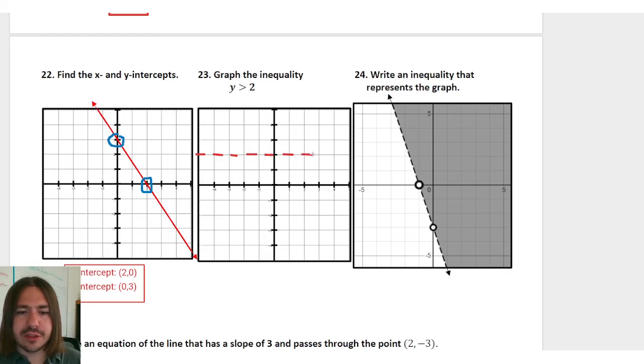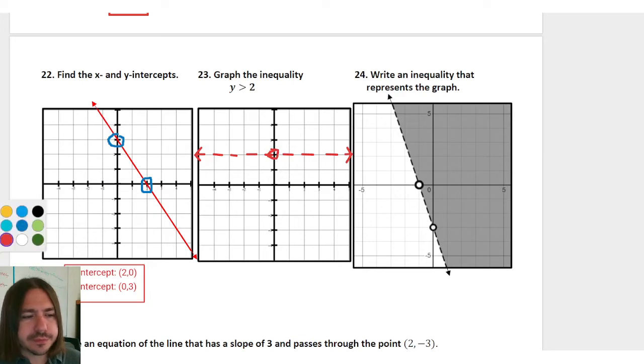The dotted line is kind of like the two-dimensional analog to the open dot, which is indicating the same thing for when we graph these one-dimensional inequalities on a number line. In this case, we'd have an open dot, and since y is greater than 2, we're going to shade up. So the open dot and the dotted line kind of go together. And if you have a closed dot, if this was something like greater than or equal to, where we want to include the points on the line as solutions in our set,